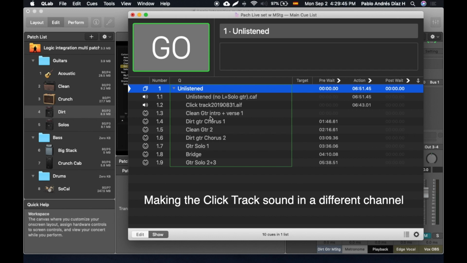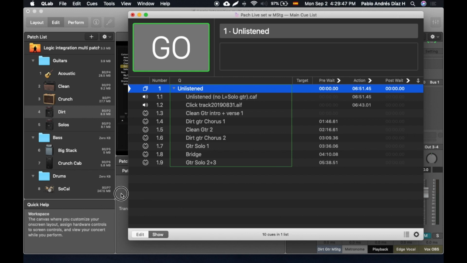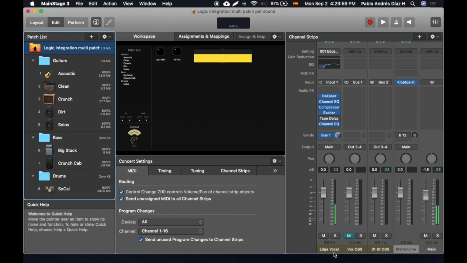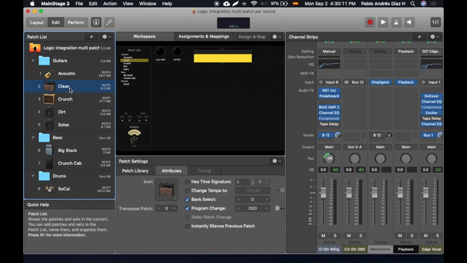For the ones of you who don't know, MainStage is basically Apple's version of Ableton Live. The way I use it is pretty simple. Under the concert level, I create my vocal track so I can sing no matter what patch I select. And then I have multiple guitar sounds. For example, this clean guitar, this crunch one,